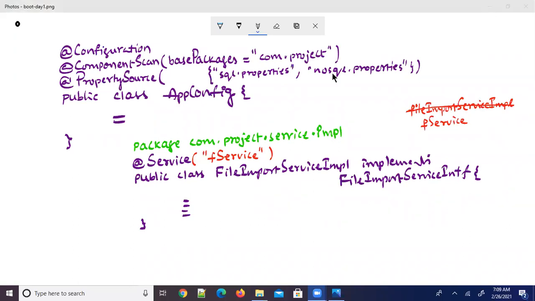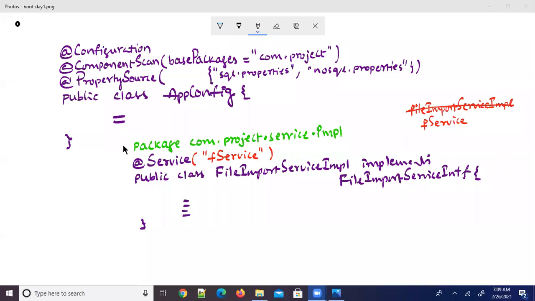Good, sir. That's the reason why I'm not writing the element name value here. It is applied at many places. Even we have discussed the @Qualifier annotation. @Qualifier annotation can be used to provide a bean ID when there is an ambiguity. To resolve ambiguity, @Qualifier will be used, and we are providing the bean ID. @Qualifier also contains a value element. If you are writing an annotation with only one element, and if that element name is value, then you can avoid writing that element name.